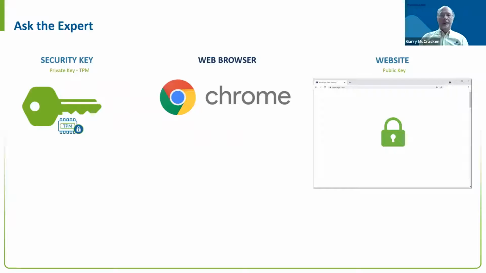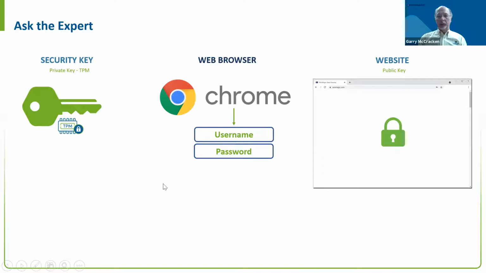So here we go. We have a user on a browser, say Chrome, wanting to go to a website in the cloud somehow or somewhere. Now the user could be entering their username and password to the website, probably over an encrypted TLS channel. So that itself is